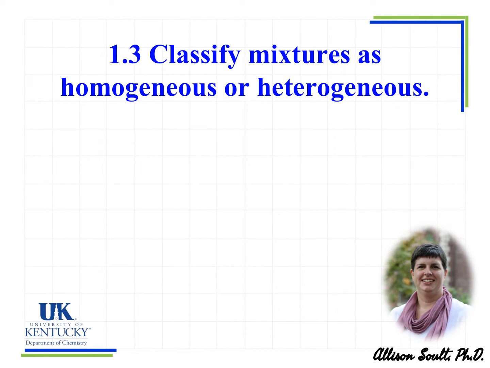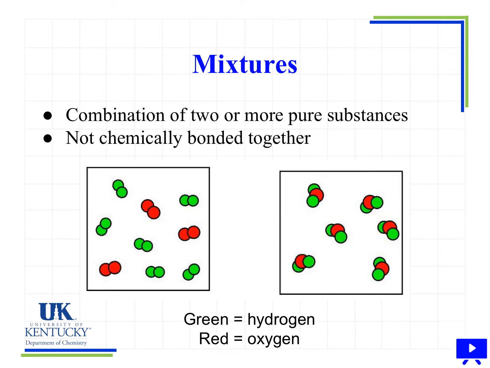Now we need to learn how to classify mixtures as heterogeneous or homogeneous. Mixtures are just a combination of two or more pure substances. So if we have salt and water, if we have air around us, which contains nitrogen and oxygen and some other components, all of these things are mixtures, and the key is that they are mixed together, they are not